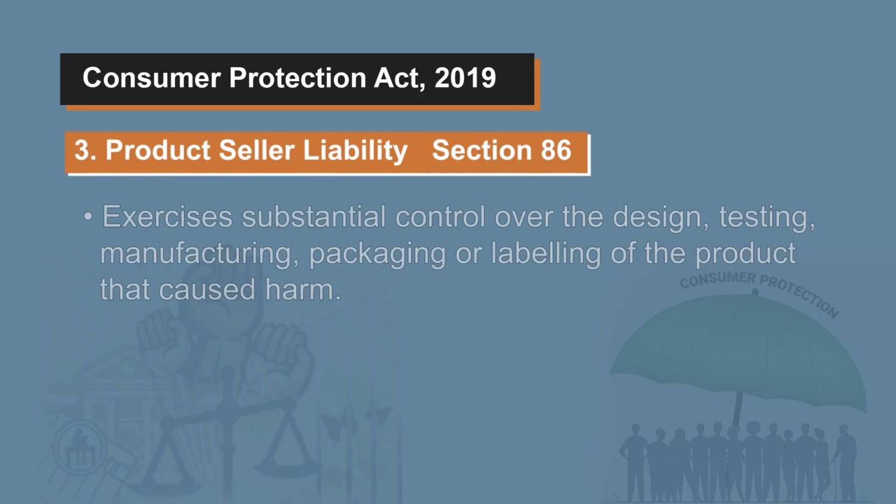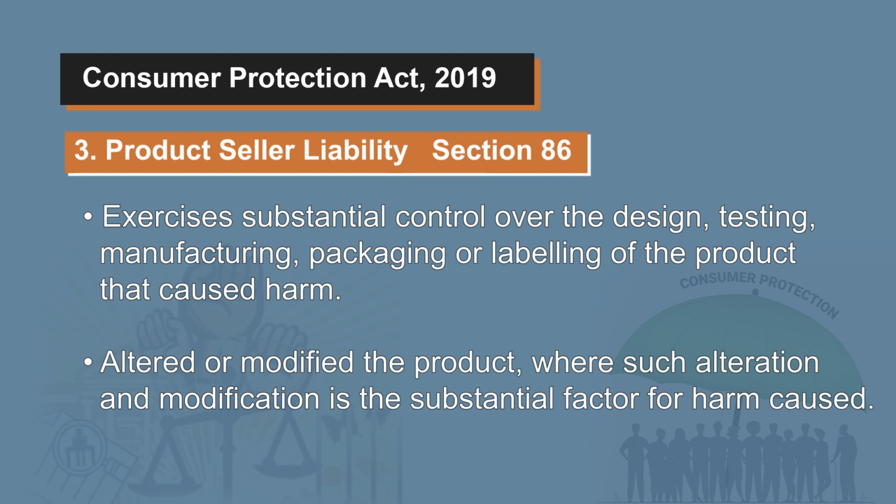A product seller, not being a product manufacturer, shall be liable in a product liability action if the seller exercises substantial control over the design, testing, manufacturing, packaging or labeling of the product that caused harm, altered or modified the